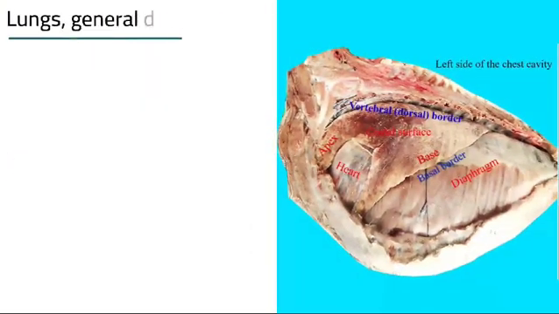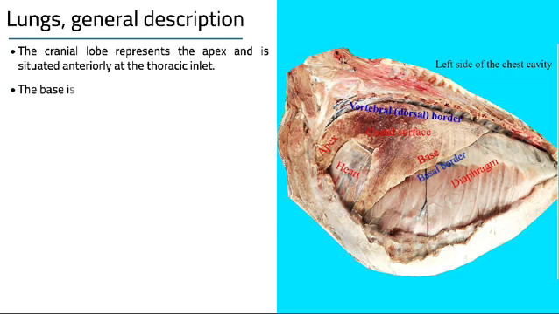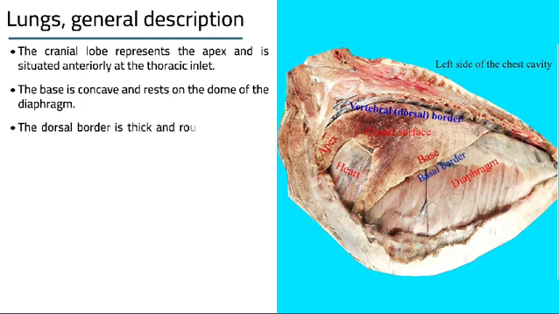Lungs, general description: the cranial lobe represents the apex and is situated anteriorly at the thoracic inlet. The base is concave and rests on the dome of the diaphragm. The dorsal border is thick and rounded and lies against the thoracic vertebrae at the dorsal line of reflection between